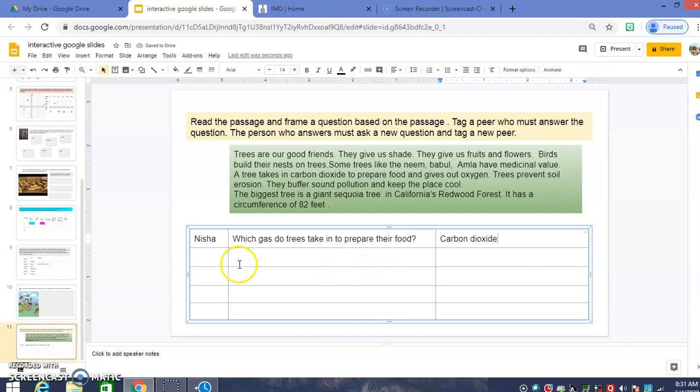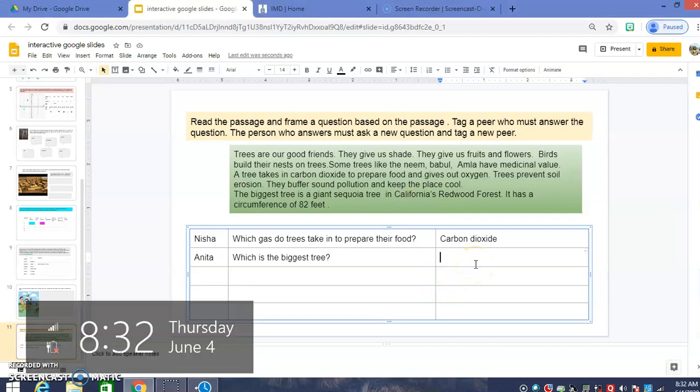Now it is Nisha's job to put down the name of a friend. So suppose Nisha puts the name of a friend Anita, and Nisha types a question for Anita here. Which is the biggest tree? So what Anita will do is, Anita will read the passage and she will write the answer here.